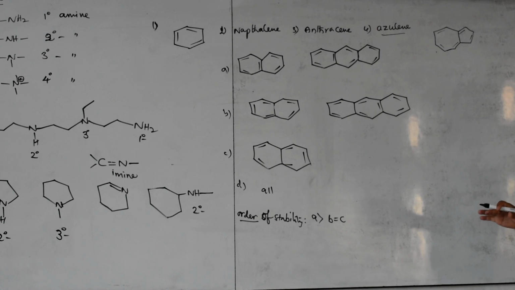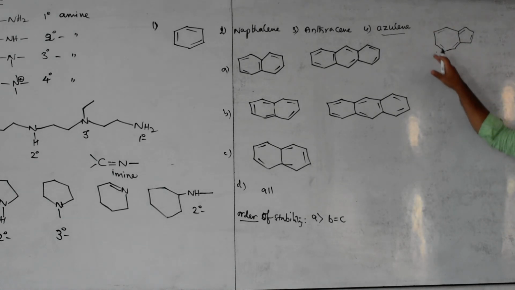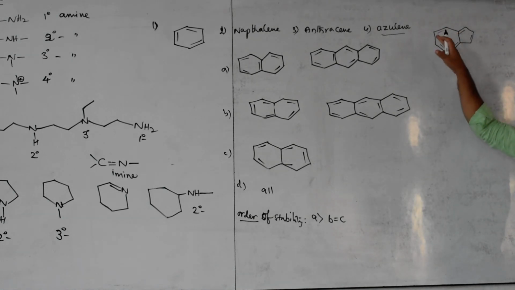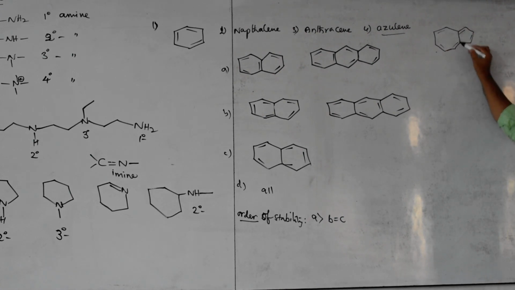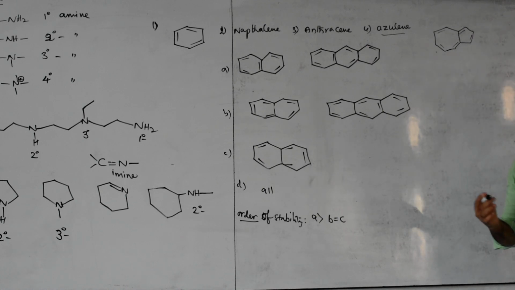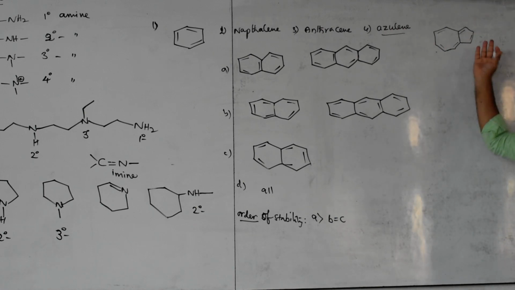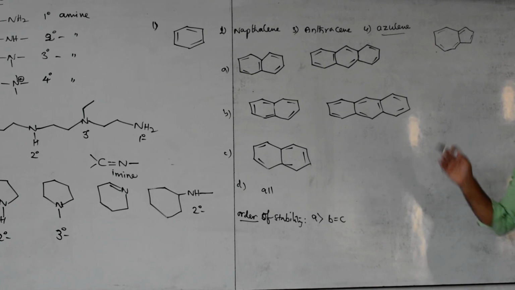Alternate is there. Now, how many member ring is this? It looks like 6, but no, you have to count the number: 1, 2, 3, 4, 5, 6, 7. How many member ring is this? 1, 2, 3, 4, 5. So none has a 6-member ring. That's it. Totally this molecule is non-benzenoid, or half of it is also non-benzenoid. Okay, this is a non-benzenoid structure.